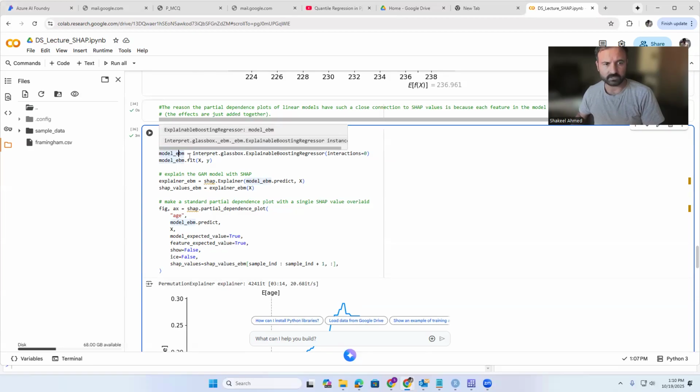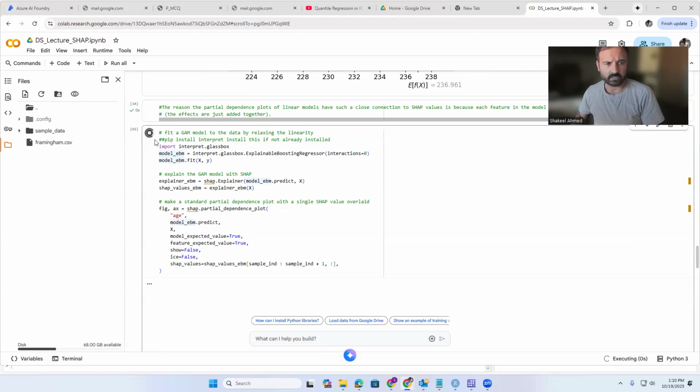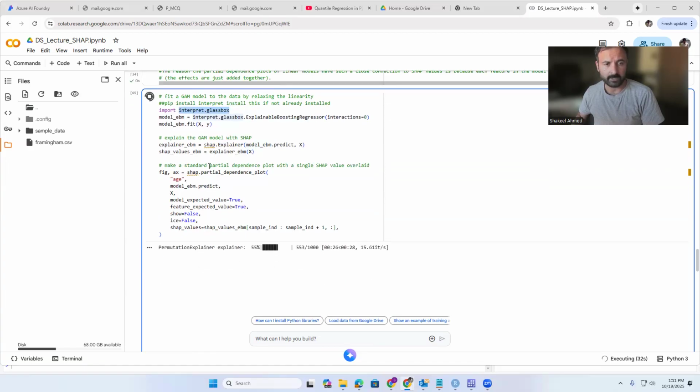So, the explainable boosting machine, you can just call the model EBM, and we are using it without taking the interactions. So you need to import interpret glassbox. If the interpret package is not already installed, you need to install it. I have installed it here, but I have silenced this command. And then we run a model with interactions set to 0, and fit it with x and y, and then